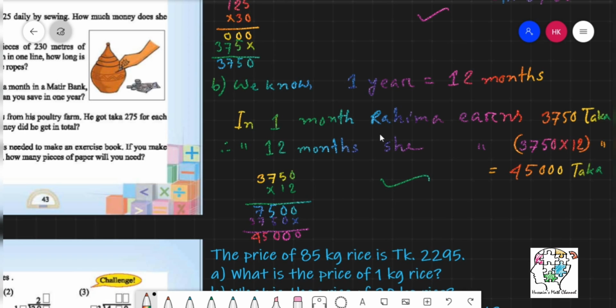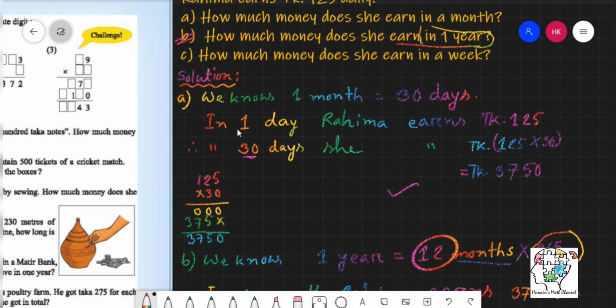Another way of doing this number is that if we say 1 year is equal to not 12 months, we can say 1 year is equal to 365 days. If you write 1 year is equal to 365 days, then you just can write like the first line we have done. In 1 day Rahima earns 125 taka, so in 365 days, because